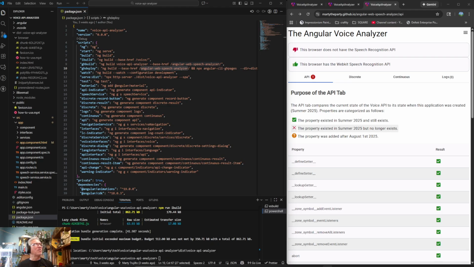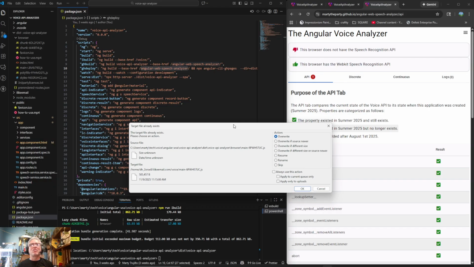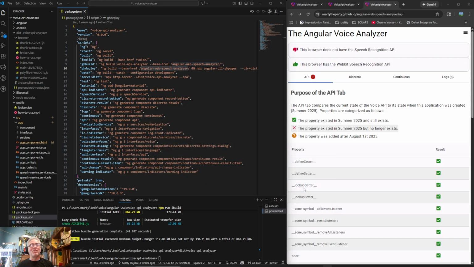It says my source file of one of my files is unknown. So this is a weird one, right? It's saying, hey, the source file there, I don't know what the size of it is. And I know I probably want to override it, I hope. Now it's telling me that different transfers have failed. I don't know what is going on. Cancel.